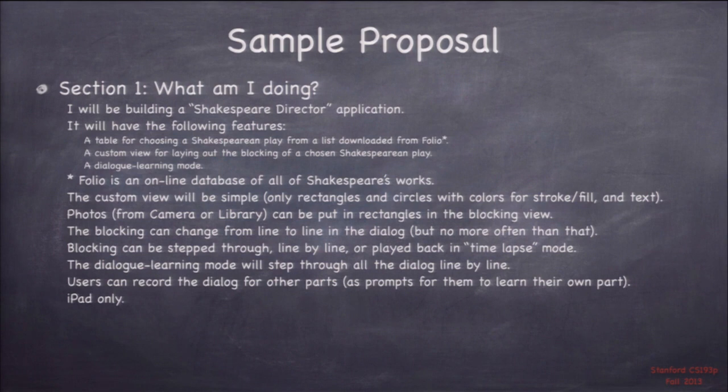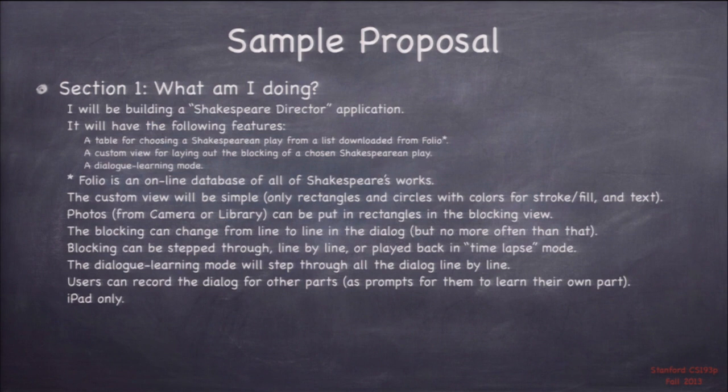And so it has a way to bring up a Shakespeare play from the Folio database. And then you can lay out the blocking, which is where the scene's set up, where the people are standing and all that stuff, of each scene lined up with the dialogue. And then it also has a dialogue learning mode for people who want to learn their lines. It'll say the other parts and then you can say your own part. So you can see that this is a description of what it does